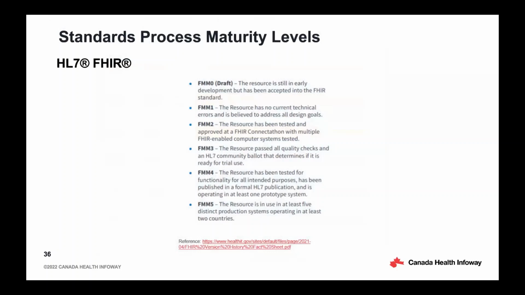So we've looked at the standards implementation and adoption maturity model. Now let's go one level deeper and look at the standards process maturity levels. This conveys a standard or implementation specification's maturity in terms of its actual stage of development within a particular approval or voting process. And here I've chosen to illustrate the FHIR standards maturity model, which is HL7's latest and still evolving standard. And it has evolved through 4 releases since its initial emergence in 2012,